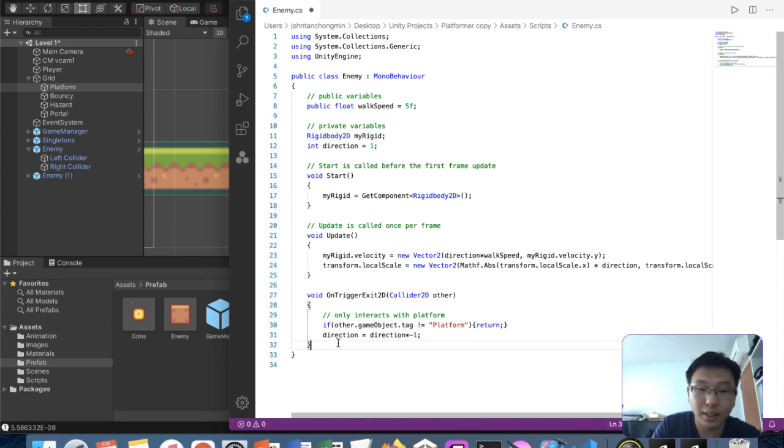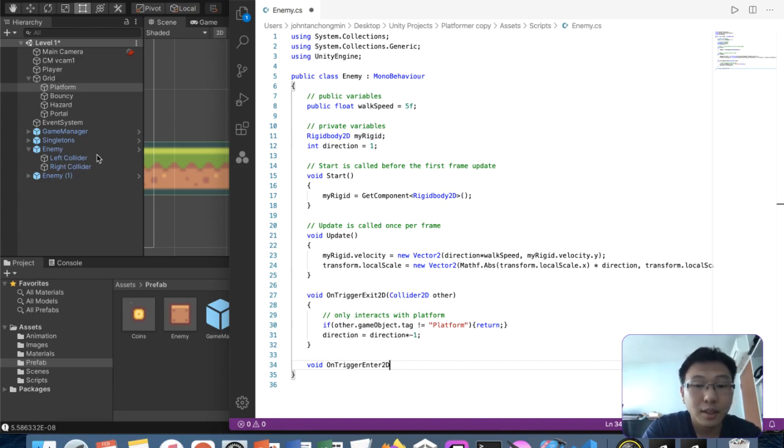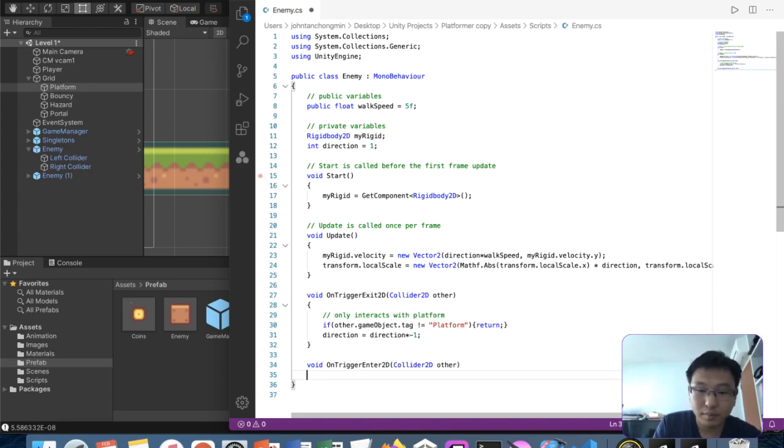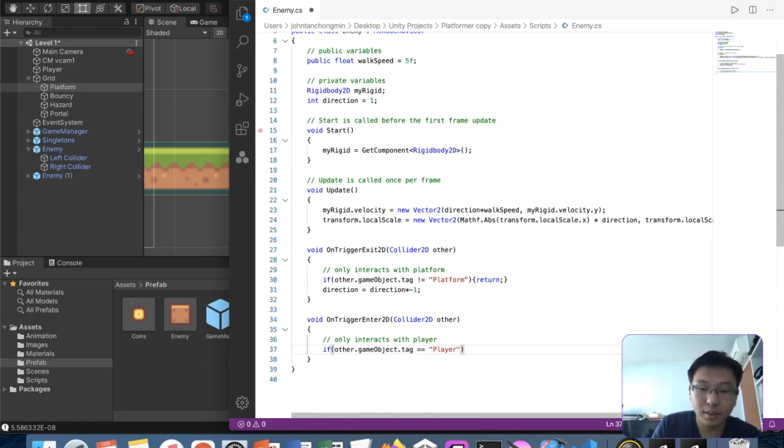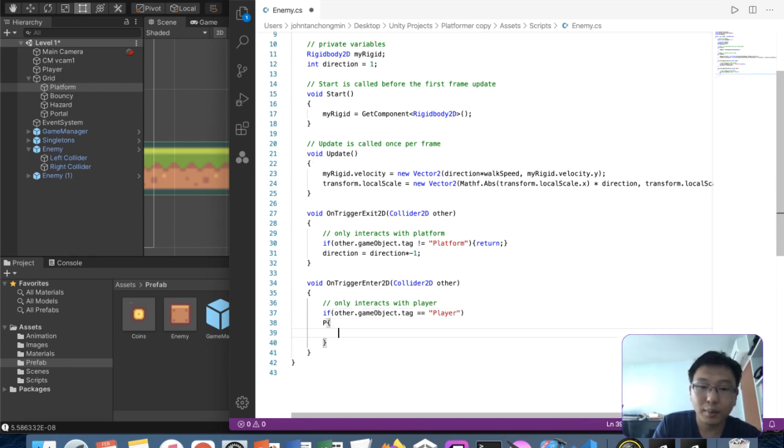Okay, so we also want to do another one, void OnTriggerEnter2D. Actually, we could do the left and right collider in the main enemy itself. I don't think it will make much of a difference. But on trigger enter 2D, whenever we sense the player, and it only interacts with player: if other.gameObject.tag equals player, if it touches the player, what we want to do is